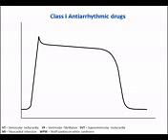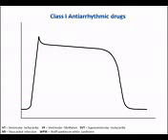The class 1 antiarrhythmic drugs are sodium channel blockers. Through blocking the fast sodium channels that produce the rapid depolarization seen in phase 0 of the fast response action potential, they are able to reduce the rate and magnitude of depolarization. This decreases conduction velocity through the non-nodal tissues of the heart, that's the atrial and ventricular myocytes and